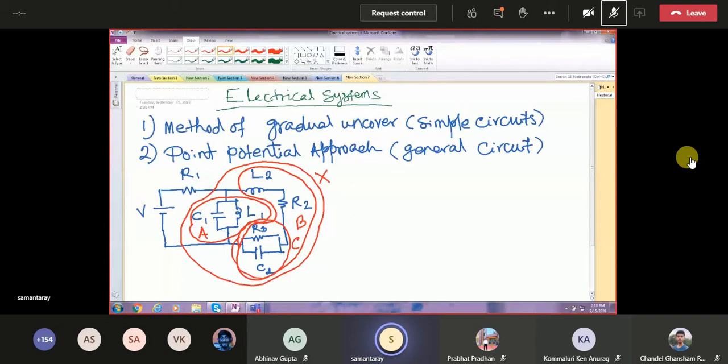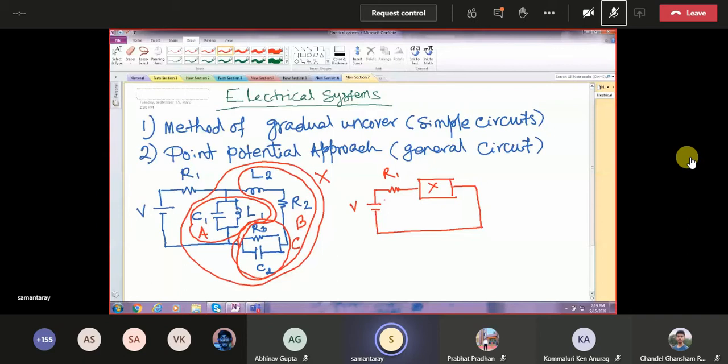So our model becomes B, then R1, then the rest of the thing, that is X. I am not writing j omega or things like that. It's just a subsystem, that's it. Some X is there, then this X can be broken into A and B and so on. So initially we will model this part.